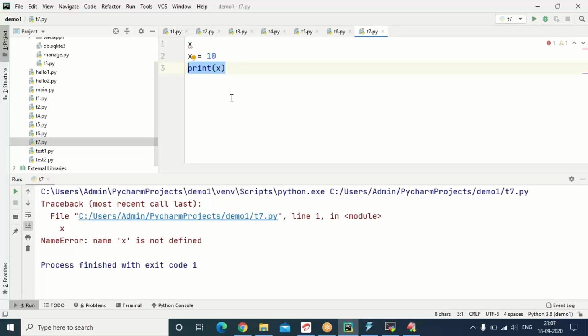In other programming languages, first to declare a variable. While declaring a variable, you can assign a value or you can assign a value in the next statement. That is absolutely possible. But in Python, that is not possible.